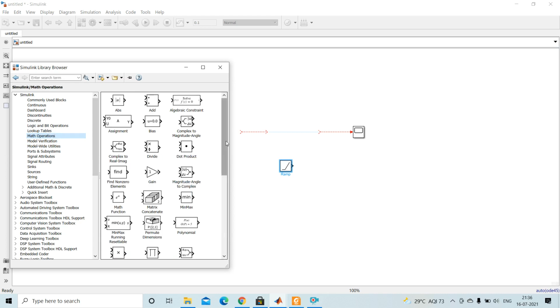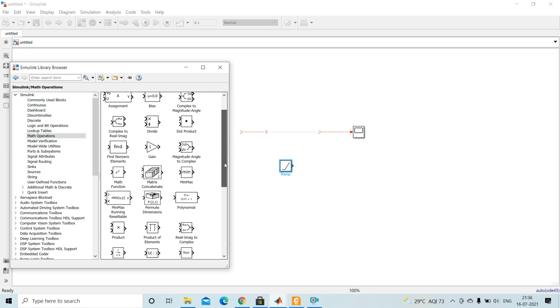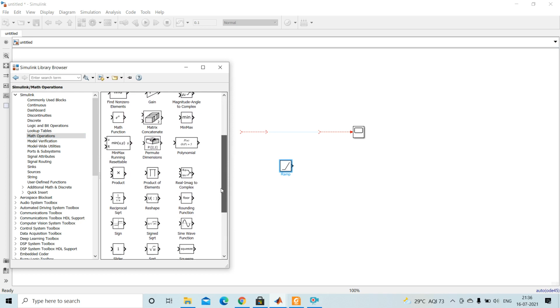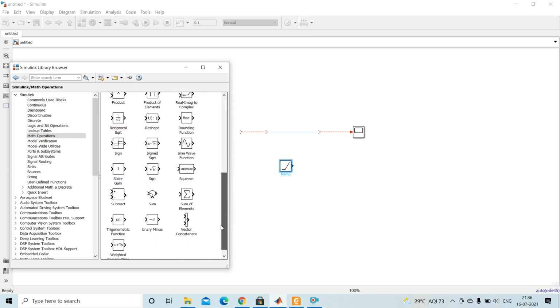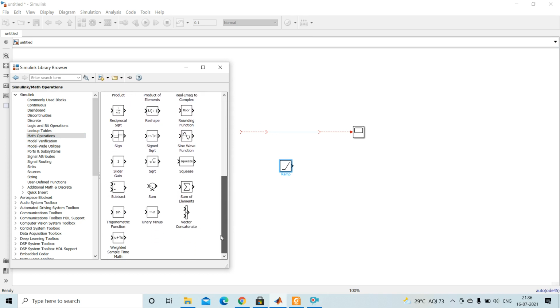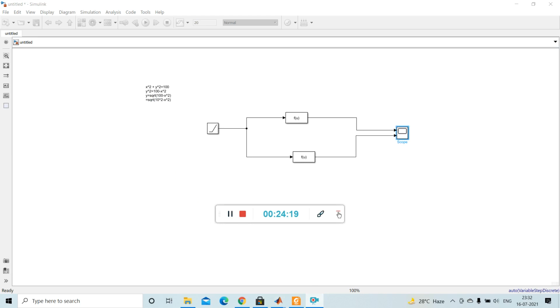I think you got the function parameter, find out the function parameter. Okay, for simulating a circle, we need these blocks.